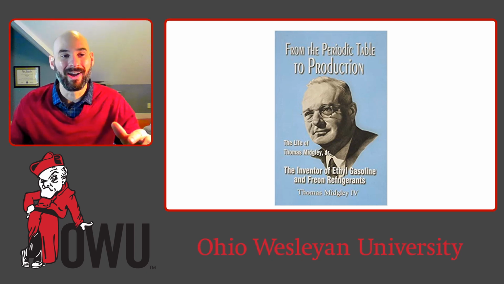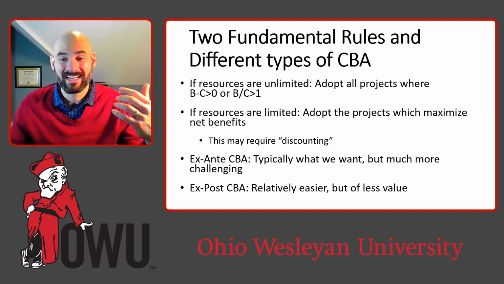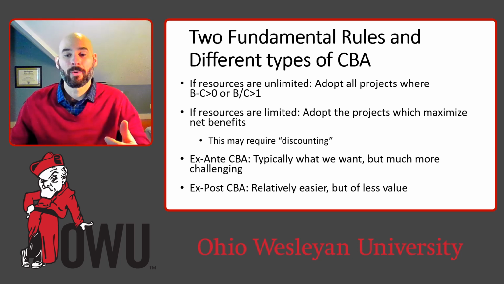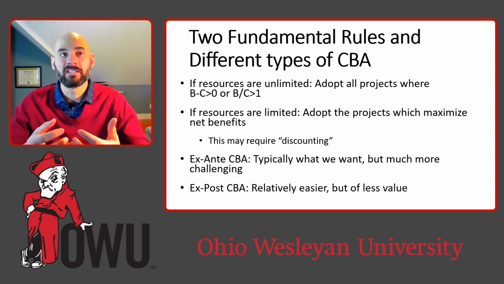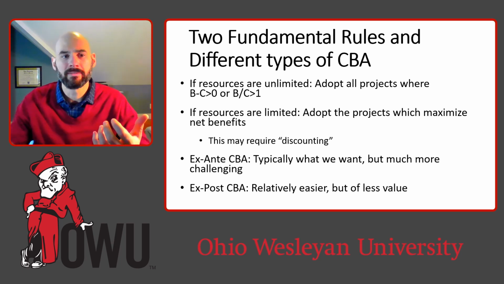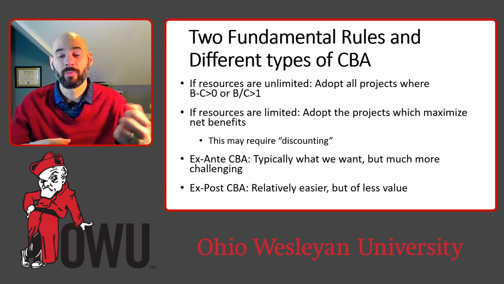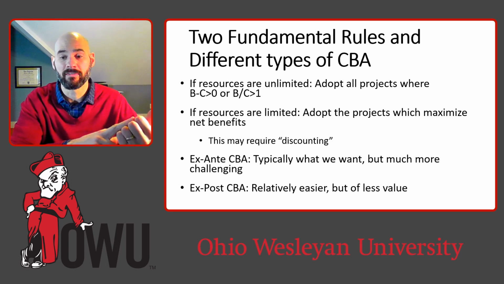But we'll do a quick pause, go back to the point which we were discussing, which is some of the fundamental principles of cost-benefit analysis. So we're going to think of basically two types of situations, two circumstances, one where resources are unlimited and one where resources are limited. And so if resources are unlimited, if we have unlimited government funds to do whatever we want, we don't have any fears of inflation,